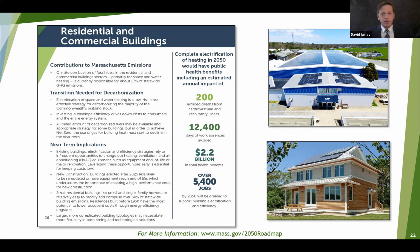For larger commercial buildings, say a large office tower, a hospital, a sports arena, the answer is a bit more complex. As in transportation, a lot of those uses are job specific, varying sizes, varying profiles. We think a lot of those buildings will also be electrified. And what do I mean by electrified? Any of their office space, their hot water is likely to be kept warm and cool by a heat pump